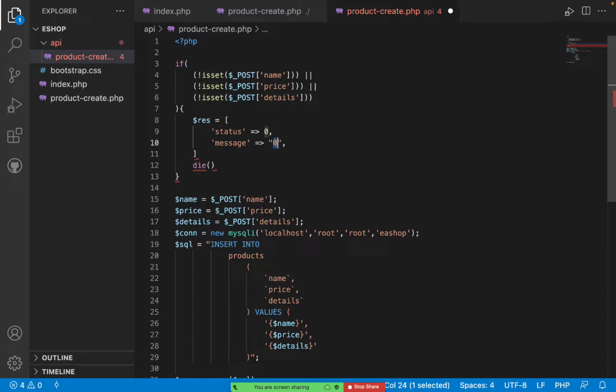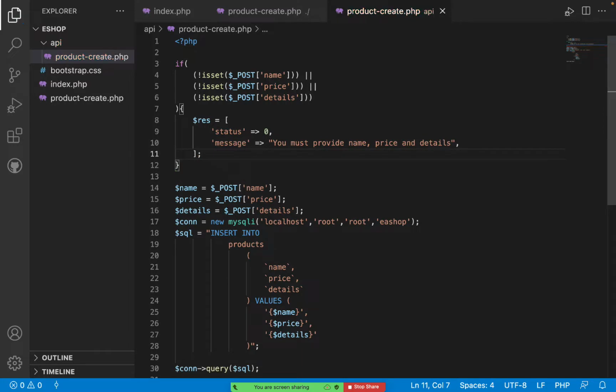The message: you must provide a name, price, and details. Okay, so in case someone wants to create a product, they must provide those. And in case we may need to pass some data, let us pass that information. So we'll be passing the status and the message, and then after that we echo